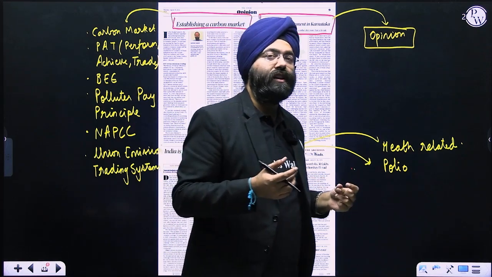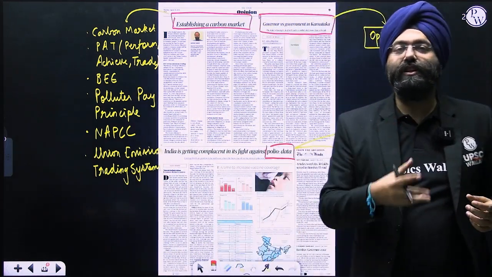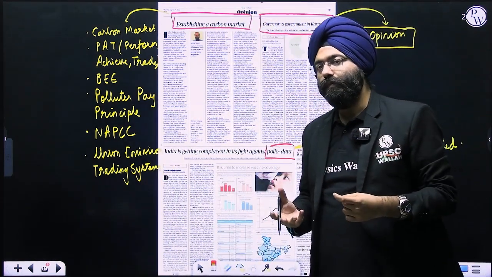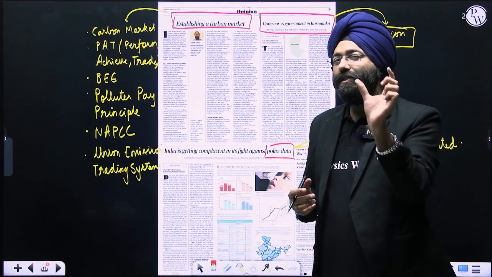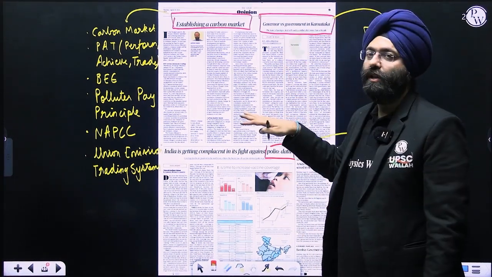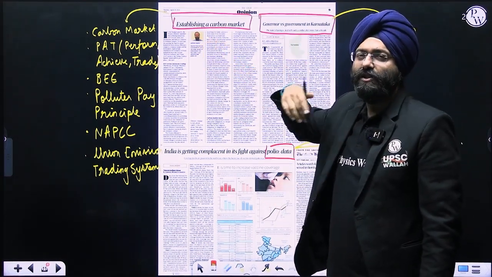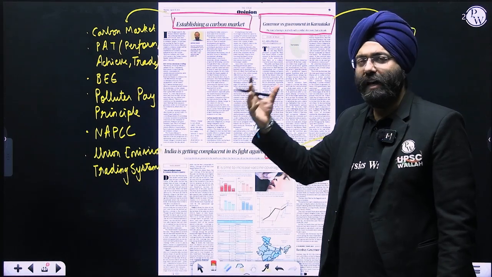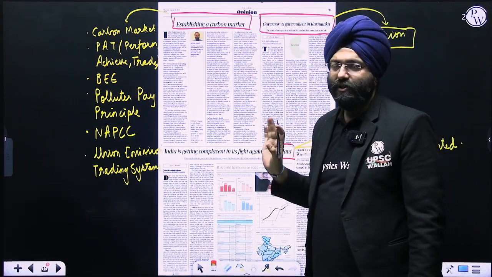These are the things you know, because role of governor is one of the topics that is mentioned in GS paper 2. They will ask you from them. So do you realize, if you know the syllabus, you know what to read? Now, GS paper 3 mentions the aspect of environment and all the aspects. So carbon market is mentioned over here.